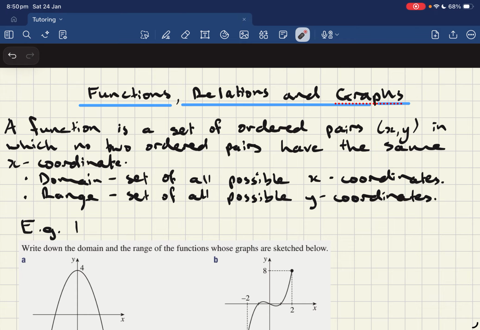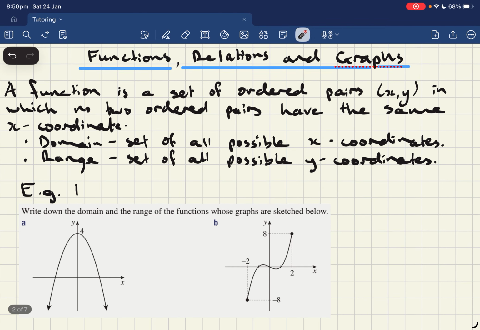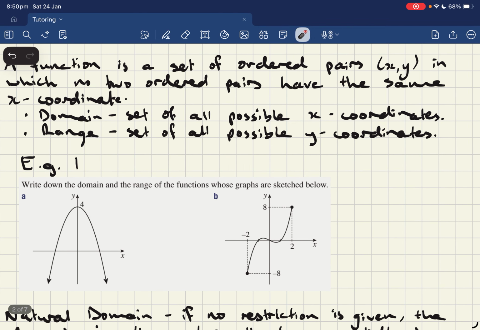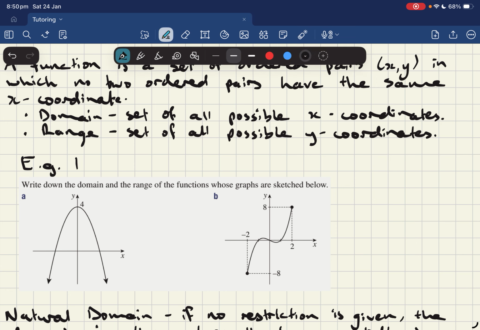Now, these are useful because they allow us to understand how the function behaves and where on the Cartesian plane it exists. So in this first example, it's saying to write down the domain and range of the functions whose graphs are sketched below. Now, this one on the left, we can see that this is a parabola. It's a concave down parabola. So for the domain,